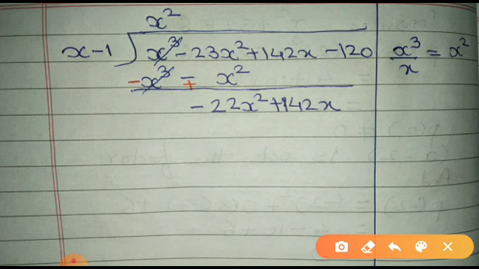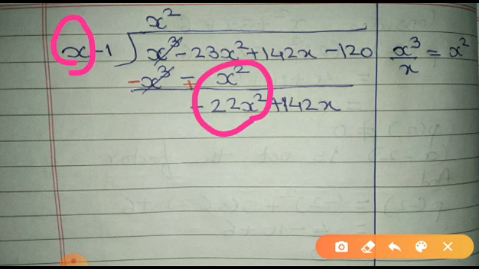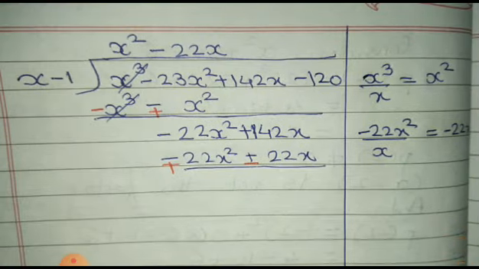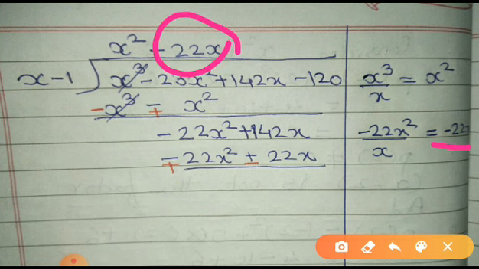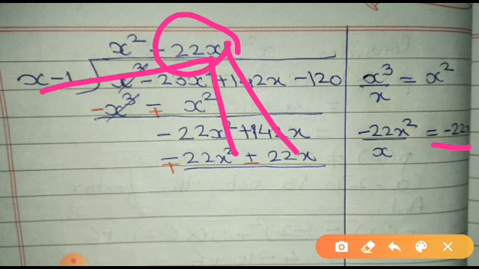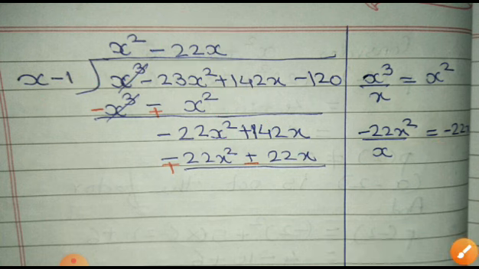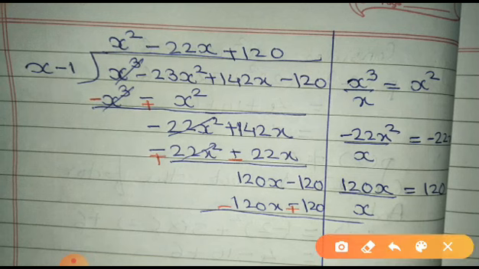Then write that one term down, so it will be plus 142x. Again check now whether the degree of x square is greater than 1, that is, 2 is greater than 1, and hence again I can divide. So minus 22x square divided by x, will I get minus 22x? Yes. So that should be written here. Similarly, multiply it and then write according to the like terms. So change the sign, and you will get this term cancelled again.